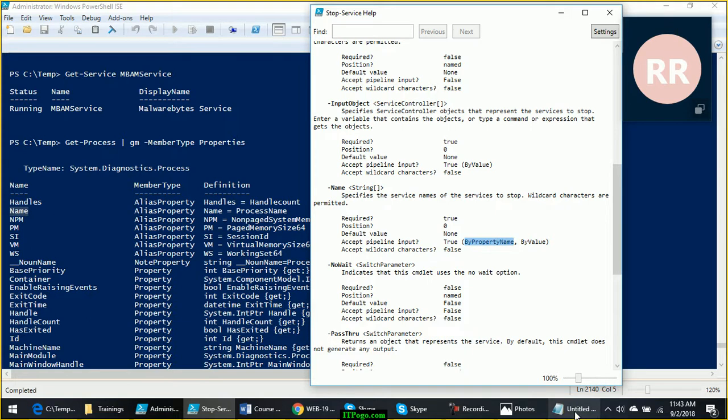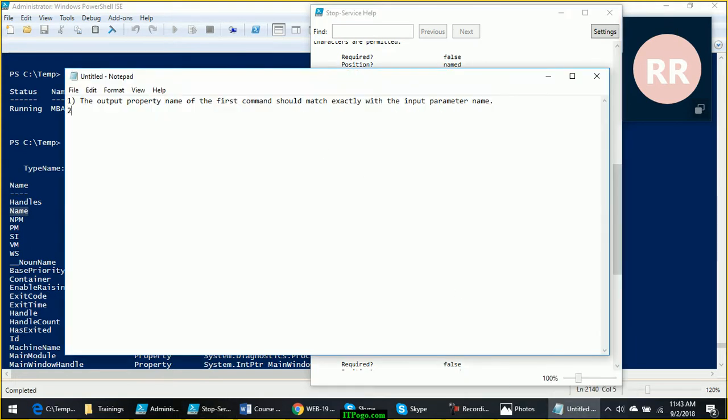So the second rule is the parameter should accept input from the pipeline, either by property name or by value.